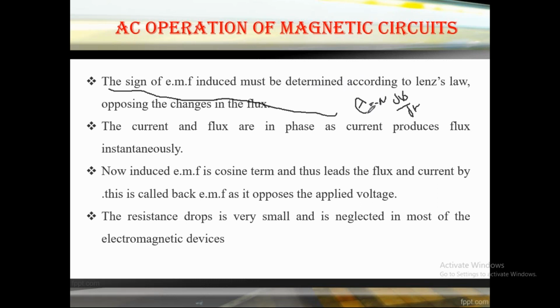But in the standard equation we are not considering the negative. The negative sign is indicated only statement-wise, like the current in the conductor will oppose the flow of flux linkages, and this was determined by